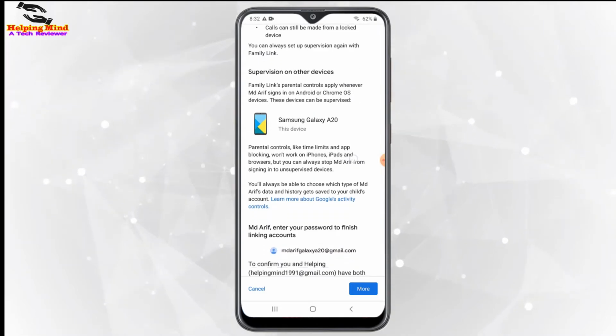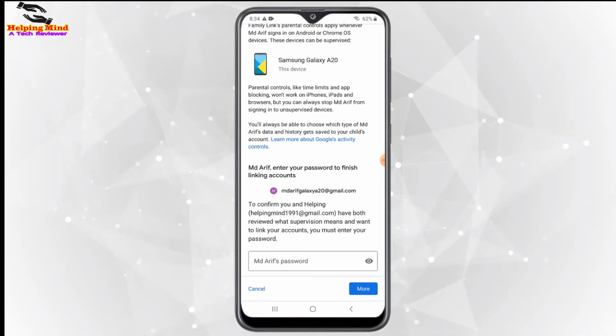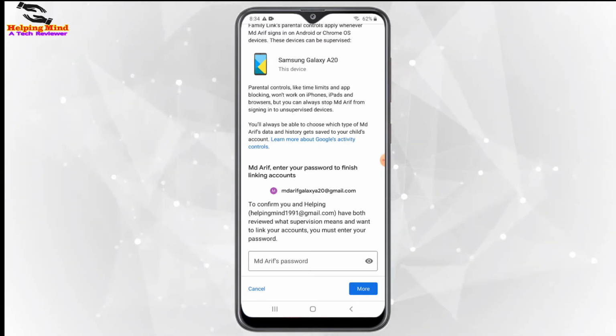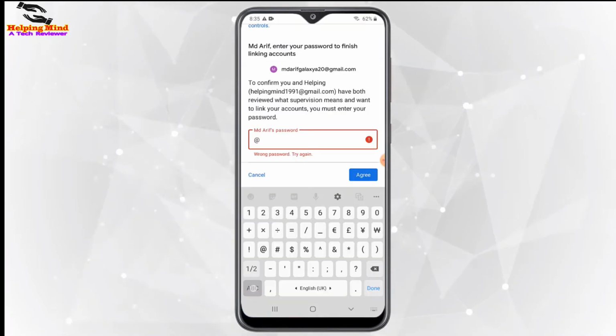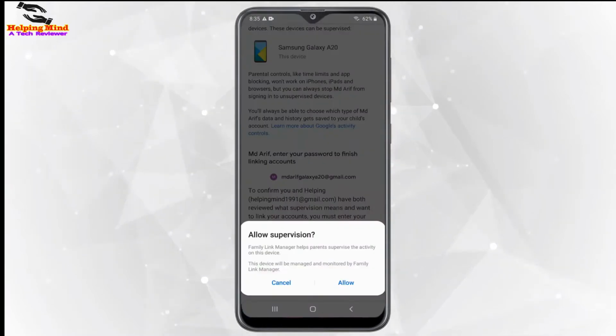And here we can see the device model, and enter your password to finish linking accounts. To confirm you and Helping have both reviewed what supervision means and want to link your accounts, you must enter your password. Here I have to put the password, then tap on agree.